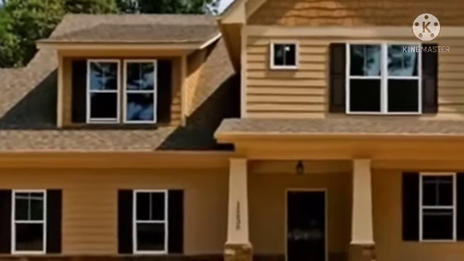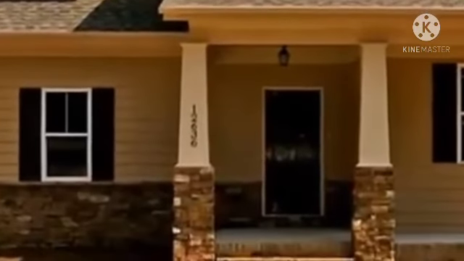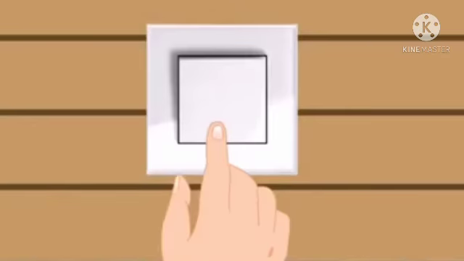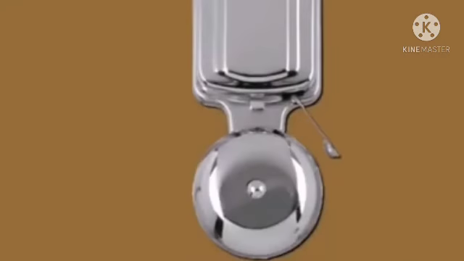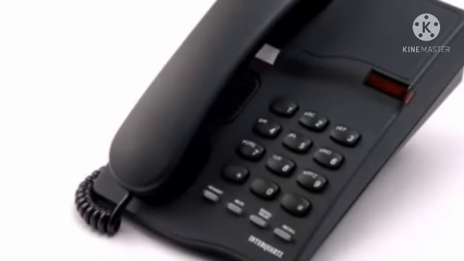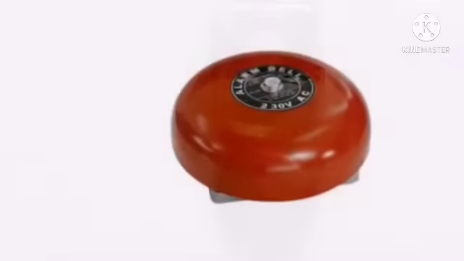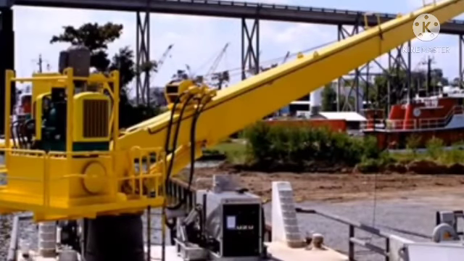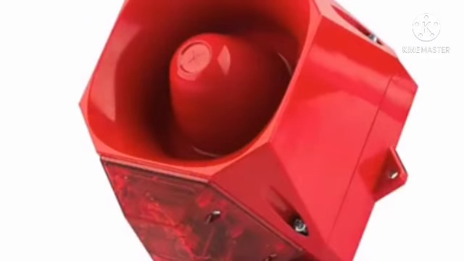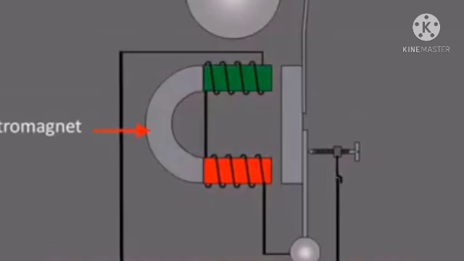Electric bell: an electric bell is one of the most commonly used applications of an electromagnet. It works on the electromagnetic effect. It produces a repeating buzz. Electric bells have been widely used in telephones, fire and burglar alarms, at railway stations, railway crossings, doorbells, school bells. So many are there.